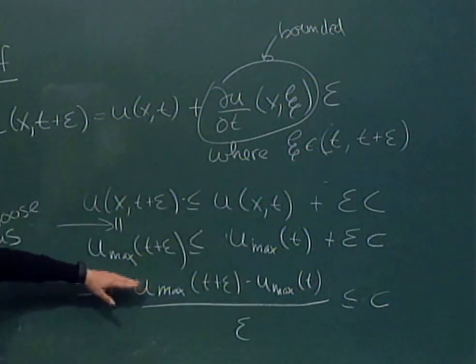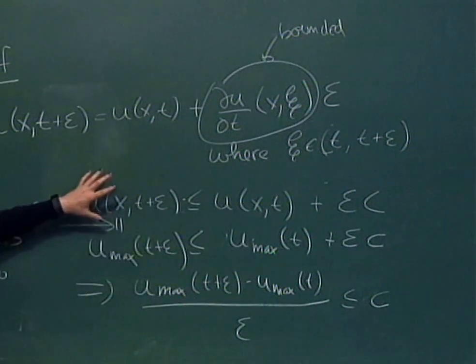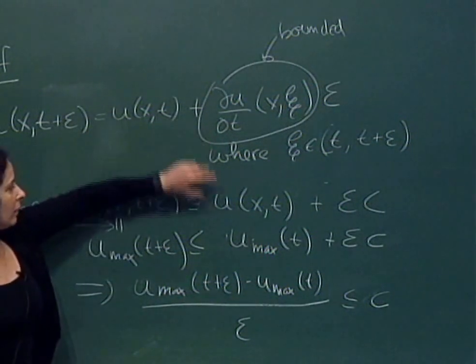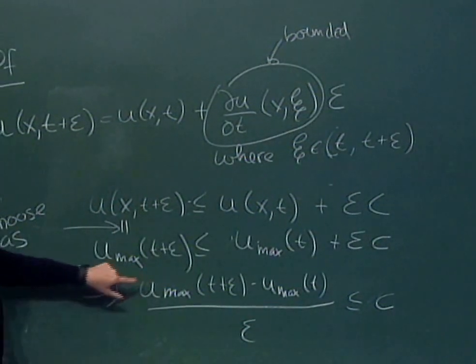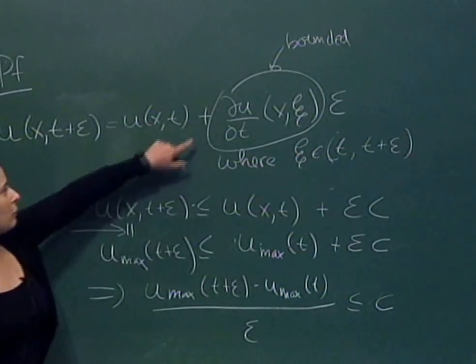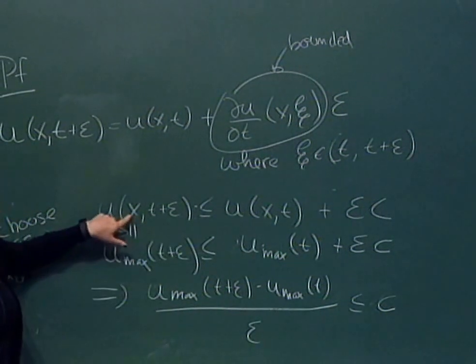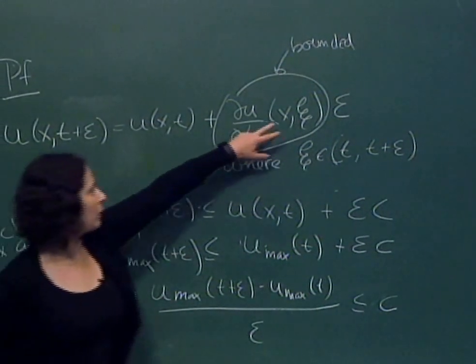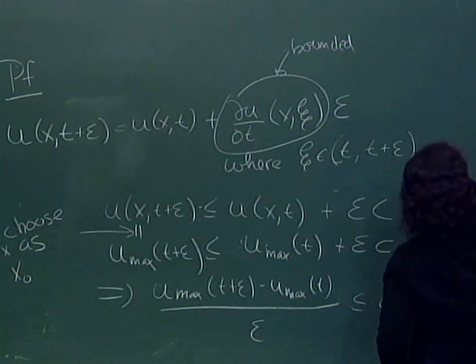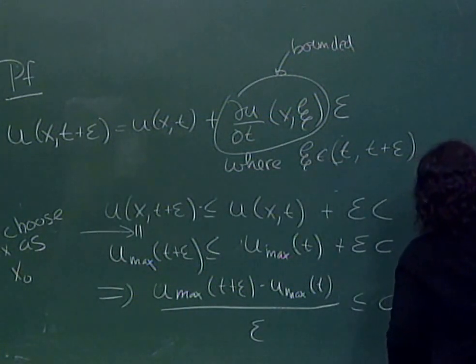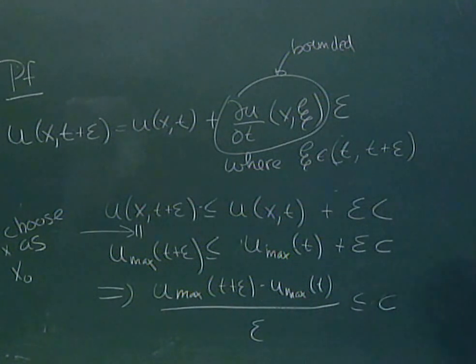So this way you can see that the function is Lipschitz, and actually if I hadn't replaced this by its bound, you can see that this is converging to the derivative at this point because of the way I chose x. So similarly, you see that du max dt at t